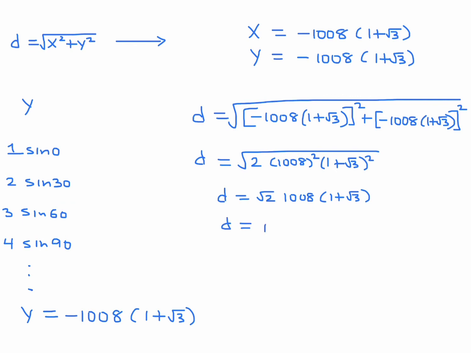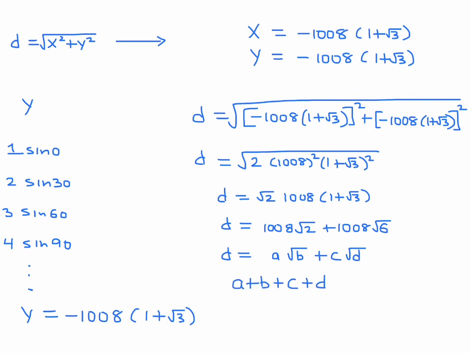If you multiply this out, you get 1008 times root 2 plus 1008 times root 6. And if you remember at the very beginning, they told me that that distance is of the form a times root b plus c times root d, and they wanted you to figure out a plus b plus c plus d. Well, a in this case is 1008, b in this case is 2, c is 1008, and d in this case is 6. So that's 2016 plus 8, which is